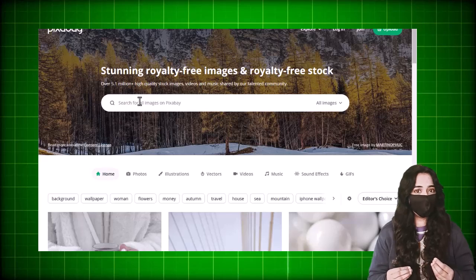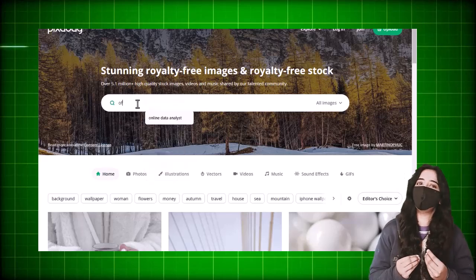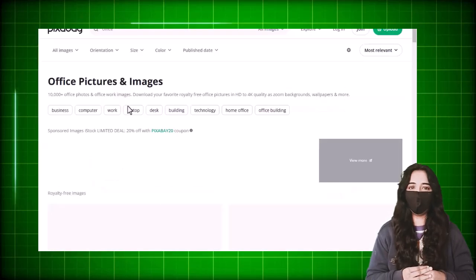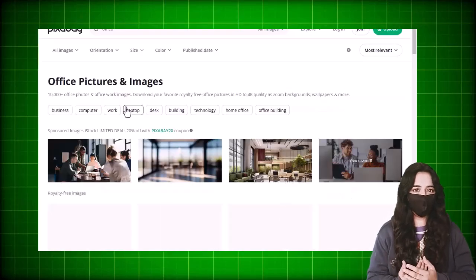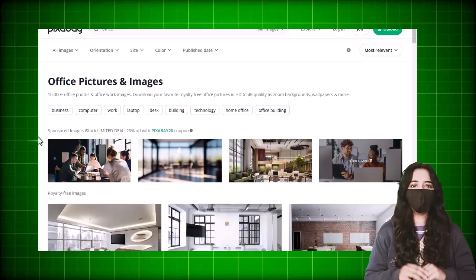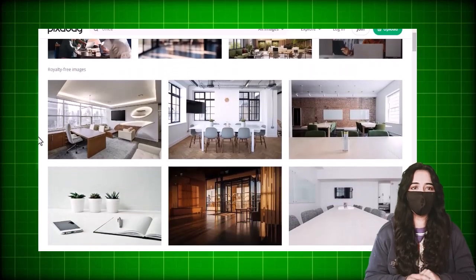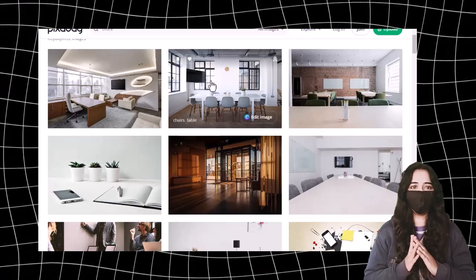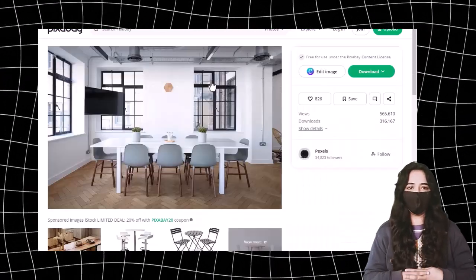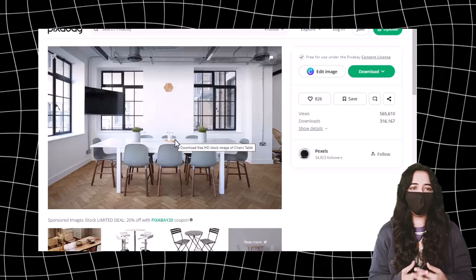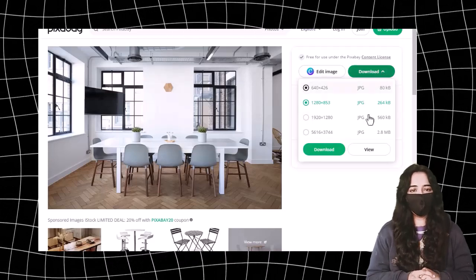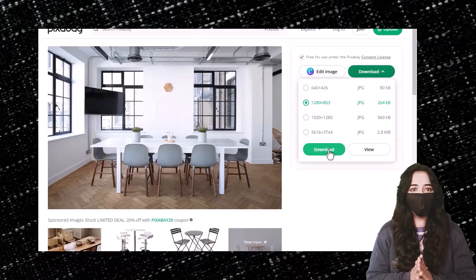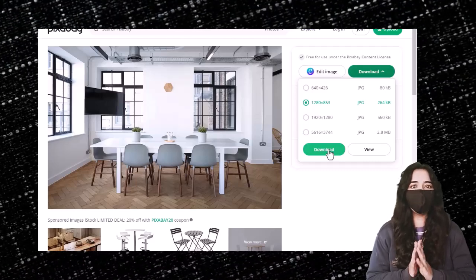So here see what we have to do. First of all, here we will simply write office and then search for it. Look carefully, office here, and after writing office, I just press enter. See here, different types of office related images open in front of you. You will go here and see that all the images are free and you have to download office related pictures from here. I like this picture, it's simple. I'll click on it. I have to click on the download button and here I downloaded.